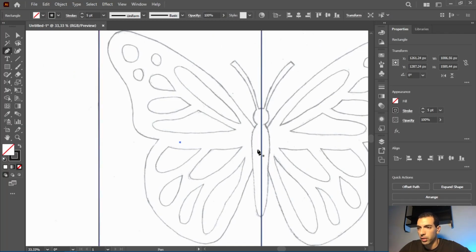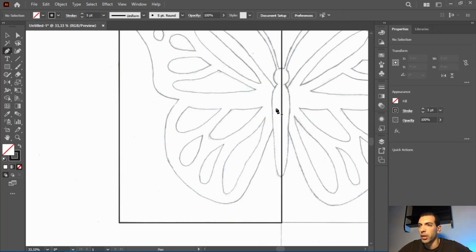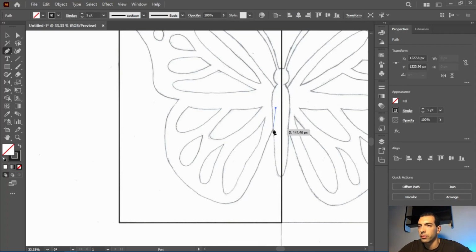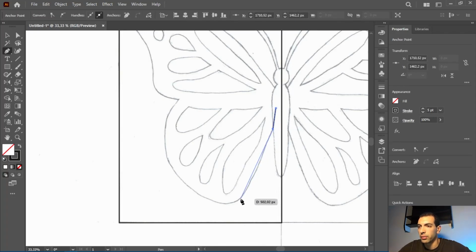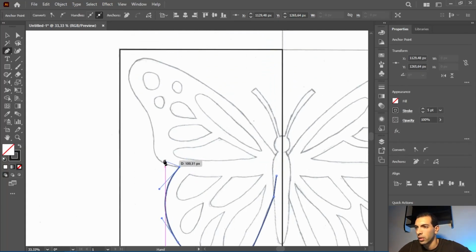Now I'm gonna choose the pen tool and I'm gonna start drawing the wing of the butterfly. I'm gonna start from here, 1 point here, click and drag like this, click and drag like this, and click and drag like this, click anchor, click and drag like this, click and drag